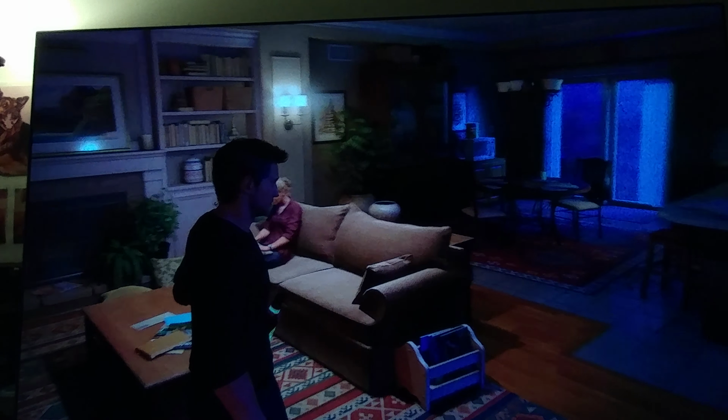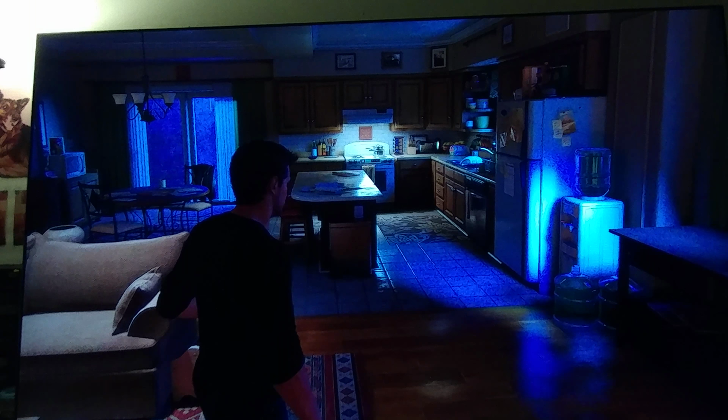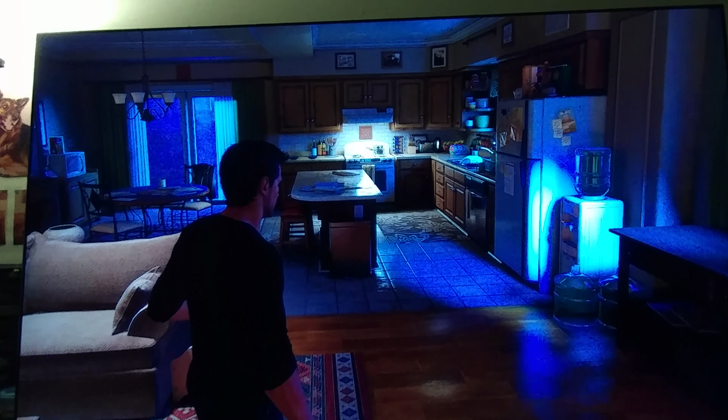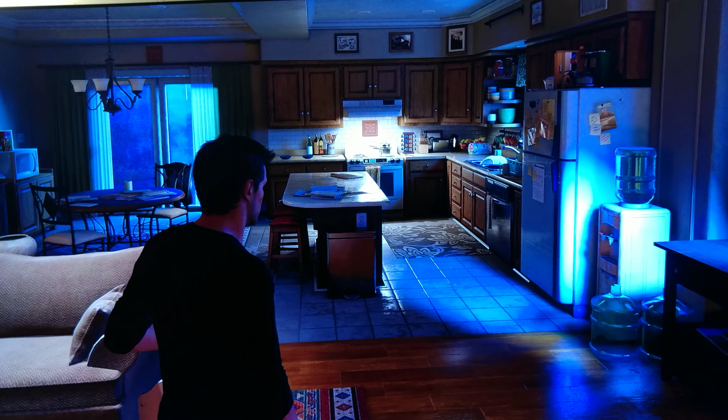Let's go back to the game. All in all, I'm happy with the camera so far. It really gets the job done the way I wanted it to be done. It has a nice zoom in. It's a very clean zoom in. Like when you zoom in